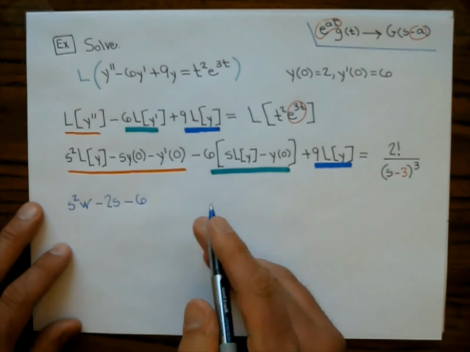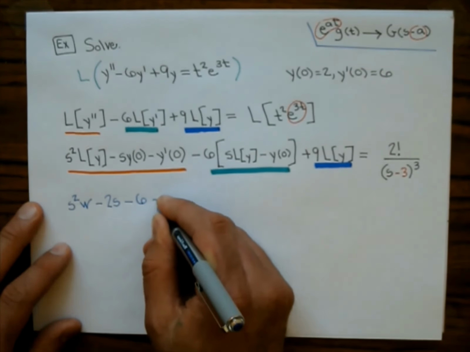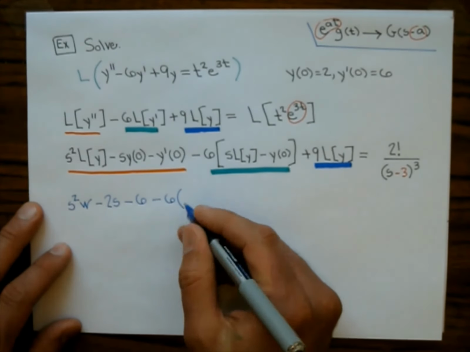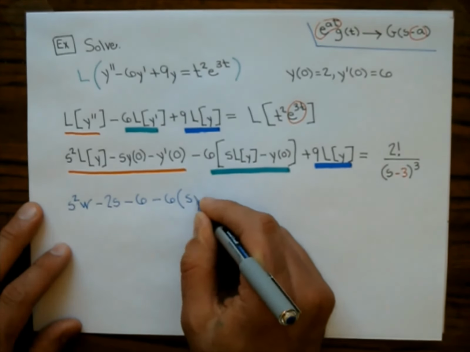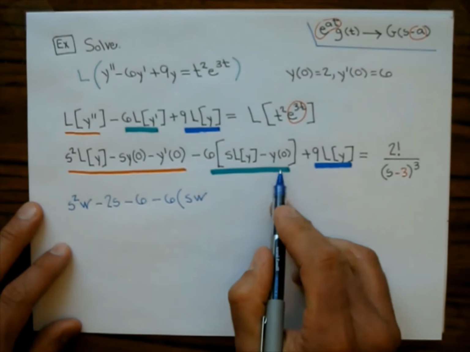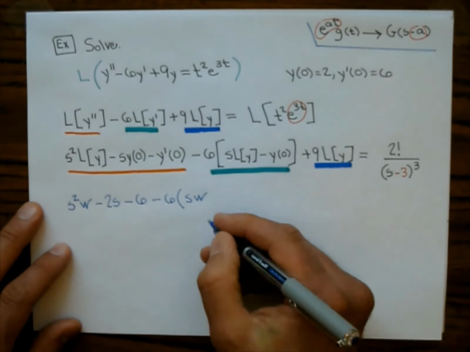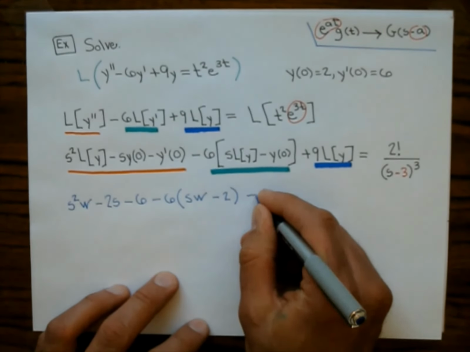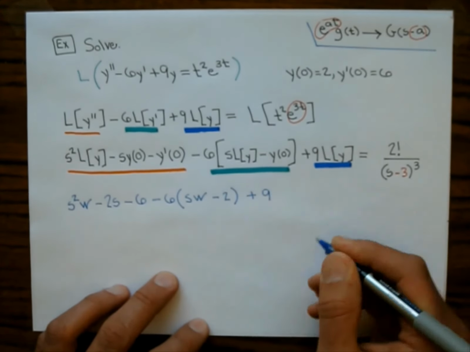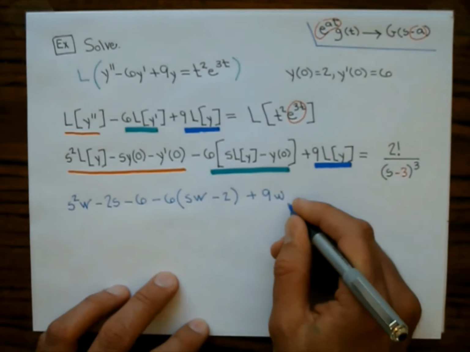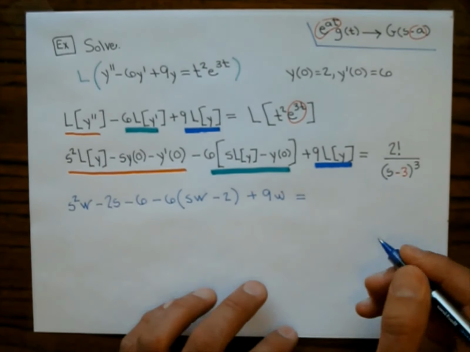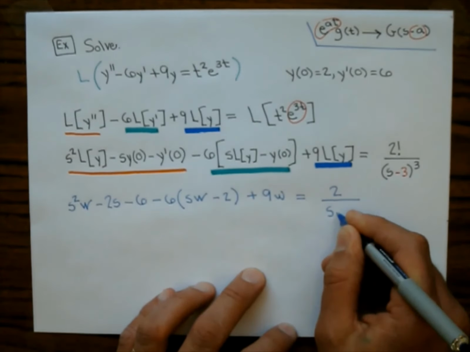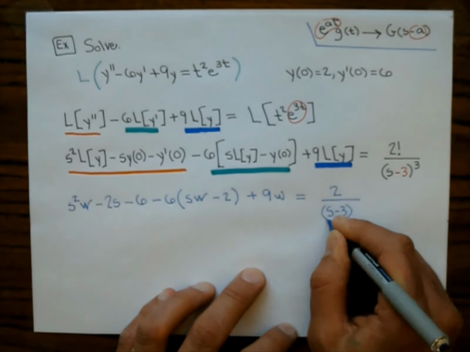And then this is going to be minus 6 times s w, I'm inside the brackets now, minus y of 0, minus 2. And then we have plus 9w. This equals 2 over s minus 3 quantity